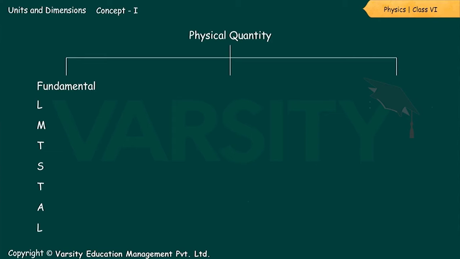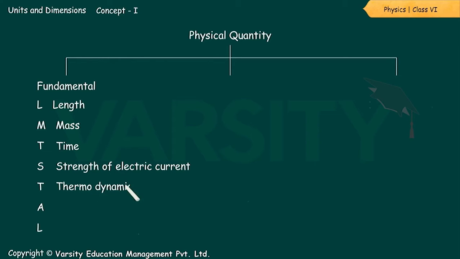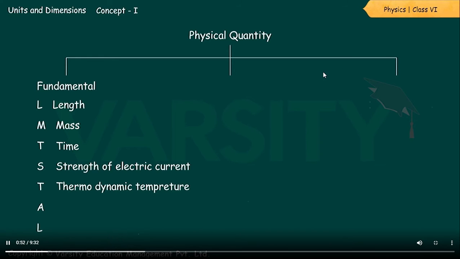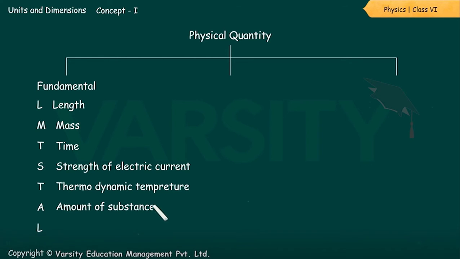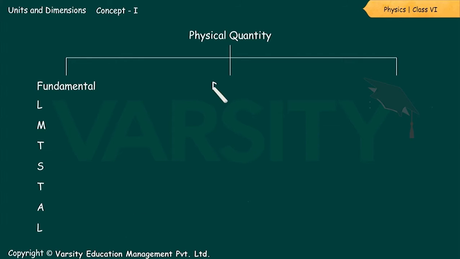Let me write those. First one is L for length, just like earlier systems of measurement. M is for mass, T is for time, S is for strength of electric current, T is for thermodynamic temperature, A is for amount of substance, L is for luminous intensity, while derived quantities are like words made by organizing